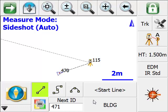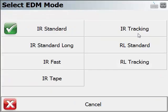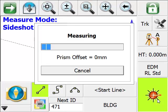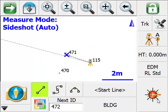As you can see, our Linework toggle has been automatically enabled for us. And we're ready to shoot the next point. I'm going to sight that point, and I'm going to switch to reflectorless mode, and we're going to press measure, and there's our first shot. We're going to sight the other corner and take the next shot,